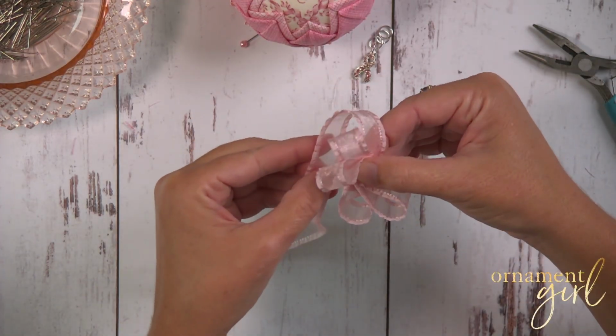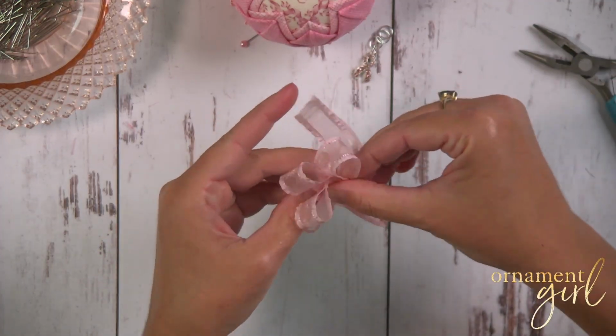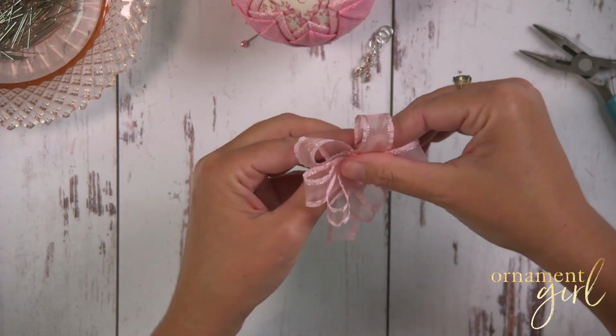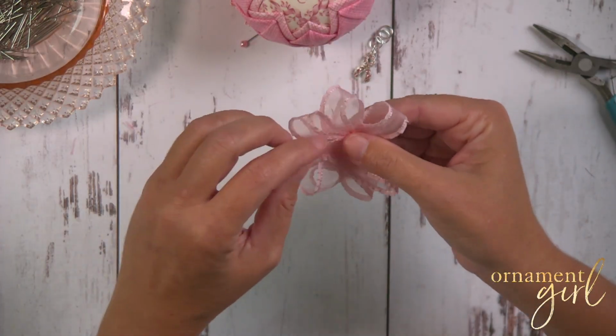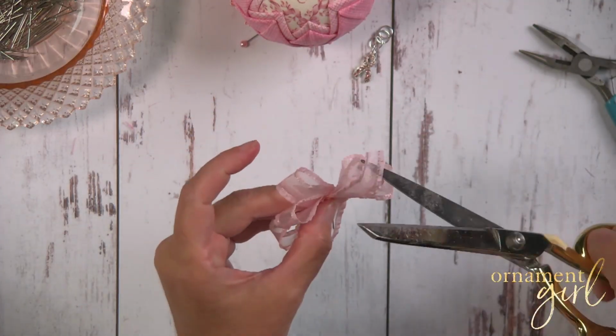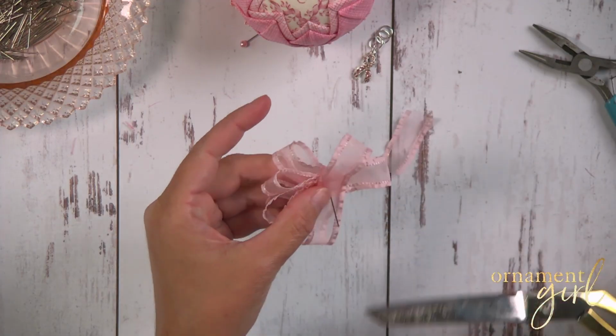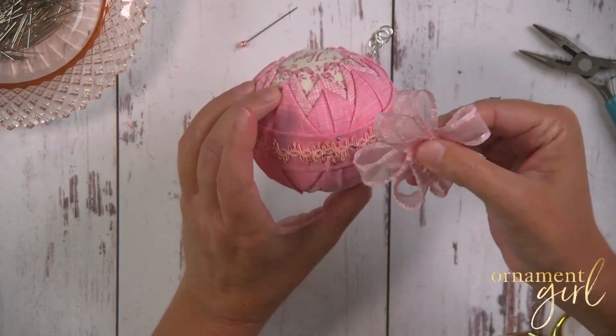If you don't like how it ends up when it's done, you can always just take it all off the pin and start over again. I'll show you an alternative way to do a bow here in a second with the other piece of ribbon. So I've got a little excess here. It's not really enough to loop again, so since I'm happy with the bow otherwise, I'll just go ahead and trim that off. And this is going to be my bottom bow on the ornament,